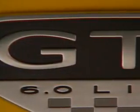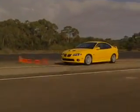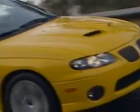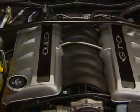When the famous Pontiac GTO nameplate returned for the 2004 model year, it was clear that this new GTO offered the legendary performance of the original, plus clean, athletic styling and remarkable handling. For 2005, the legendary GTO receives enhancements that move it to an exclusive high-performance category, including a new 6.0-liter LS2